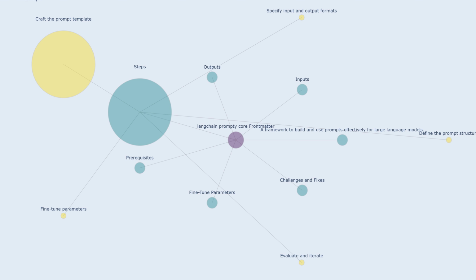Craft the prompt template involves building a structured template that guides the LLM in understanding the user's request. This template includes placeholders for user inputs and specific instructions for the LLM. Fine-tune parameters refers to adjusting the settings and parameters of the LLM to optimize its behavior and output quality. This includes modifying parameters like temperature, top P, and max tokens to fine-tune the LLM's responses based on the specific